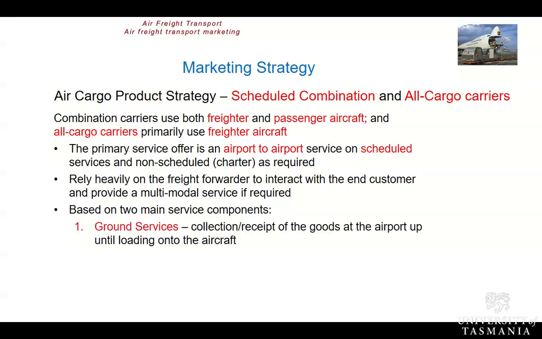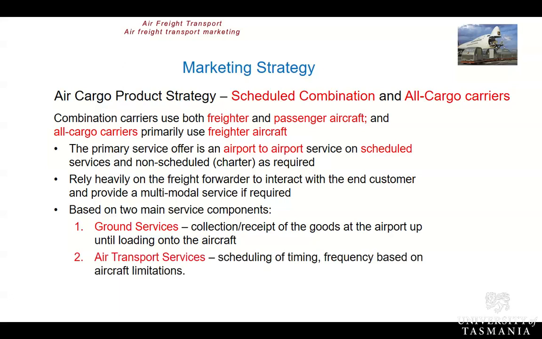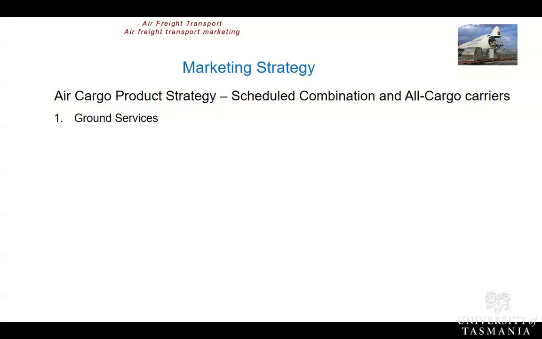And one relates to the ground services. So they've got to facilitate what happens on the ground once the goods arrive at the airport. And then, of course, they've got to provide the air services. So they're the two main elements of the combination and all cargo carriers. So when they think about the inventory of what my needs have to be, it's based around the airport-to-airport type situation. Now, when we talk about ground services, type of services that you would expect from a combination carrier or